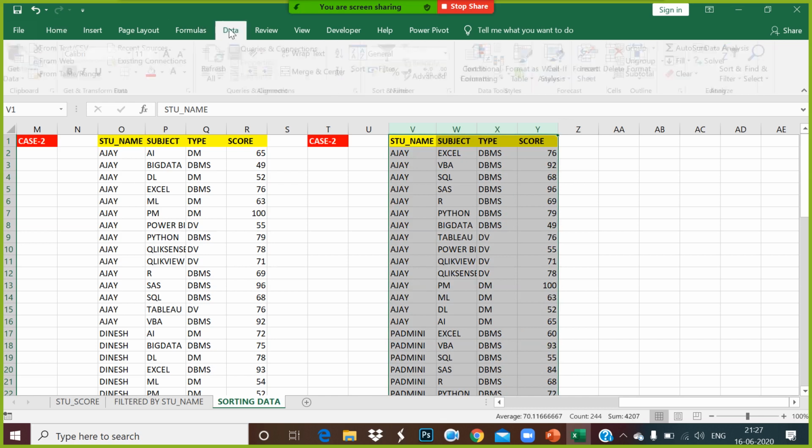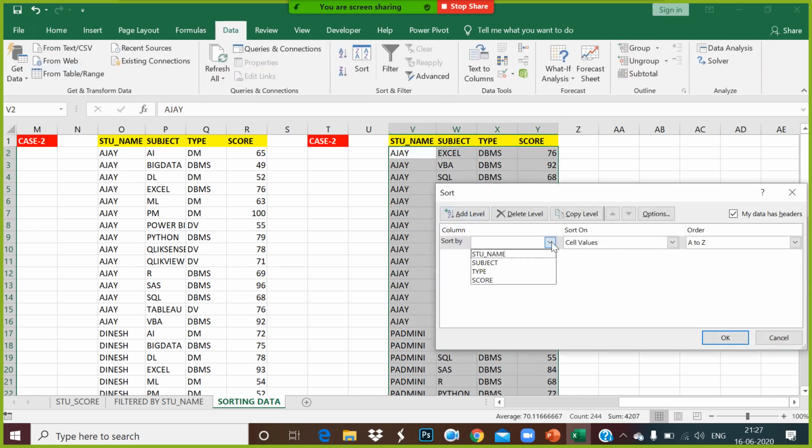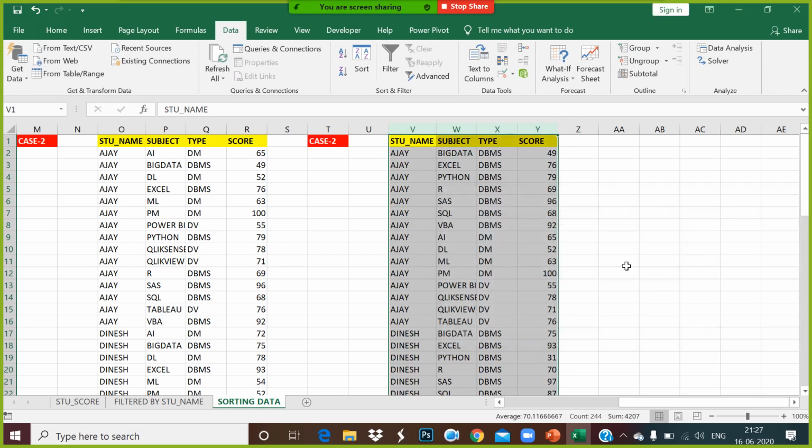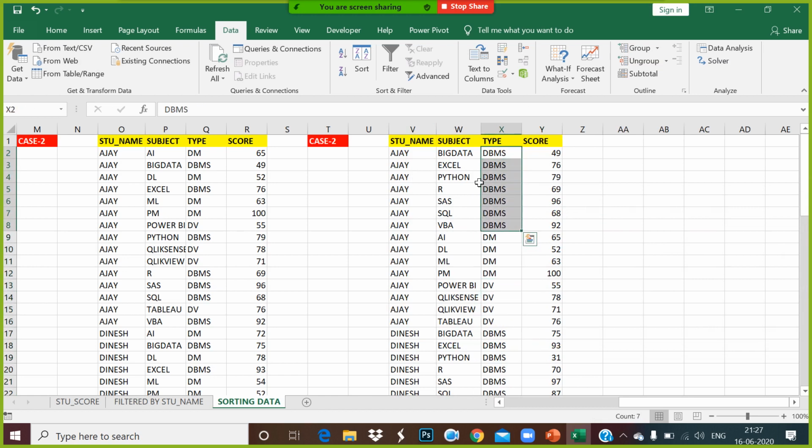How will you go for doing that? You go for sorting data here. You select student name, then add another level which is called type, then you go to the subject. You're not going by subject then type; it's type then subject. Now if you go like this, for Ajay it's first DBMS, then data mining, then data visualization. In DBMS, it is showing the subjects in ascending order. Can you see this? Yes, sir. Okay. Now, this is called case 3.